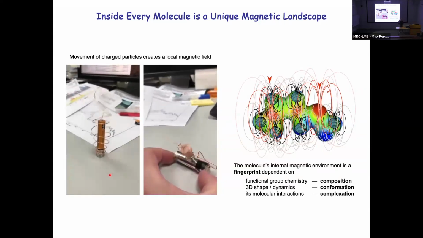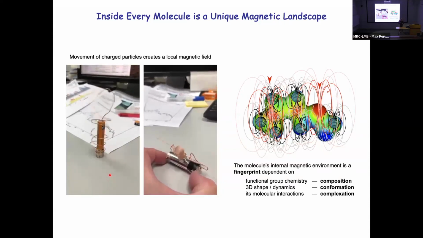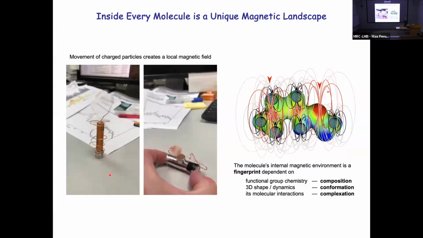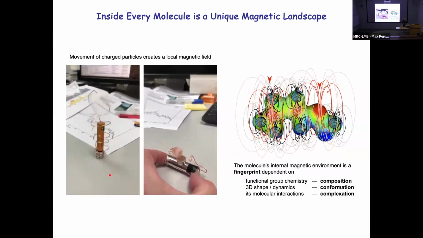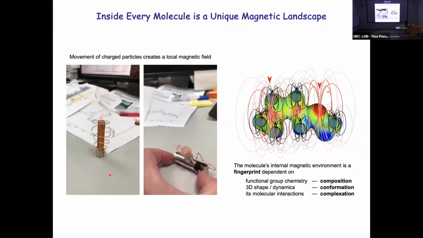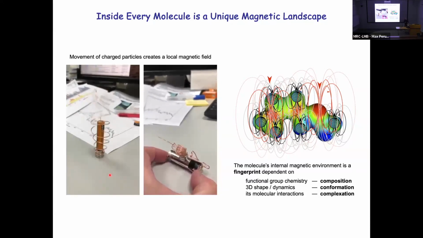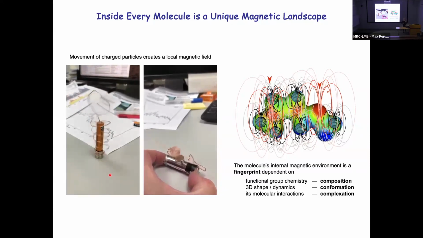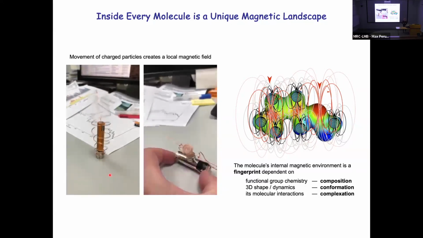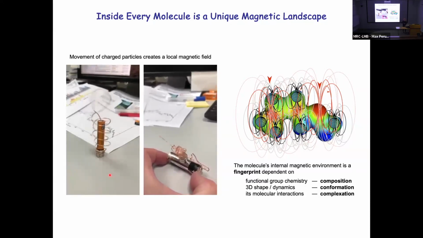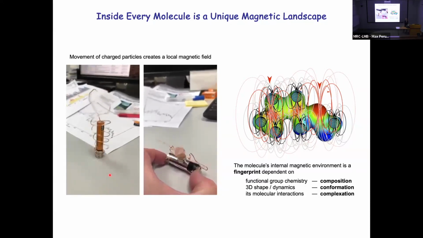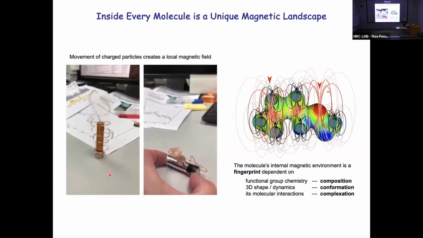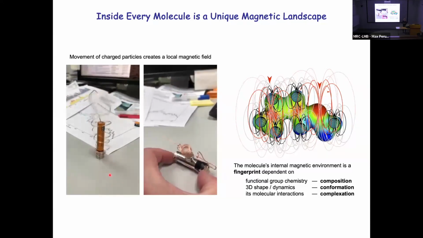Now, this electromagnetic induction applies not only at the level of currents through wires, but also at the subatomic level. So when you have the movement of charged particles, the electrons and protons in the nucleus, you have associated with that the generation of local magnetic fields. So inside every molecule, there is a native landscape of local magnetic fields that are a characteristic property of that molecule. When we put the molecules into an extremely strong magnetic field, we're able to extract information about the magnetic